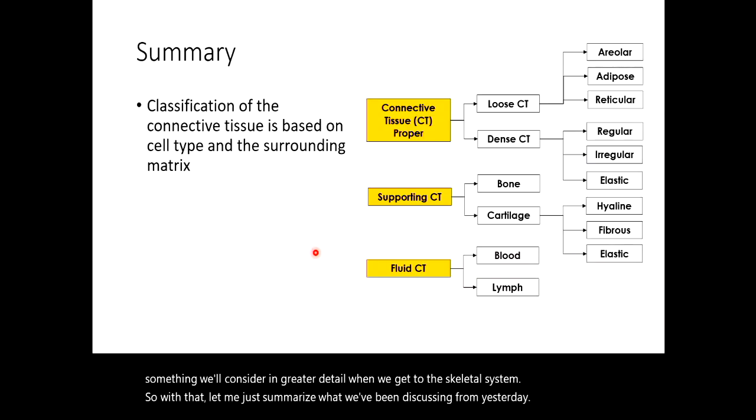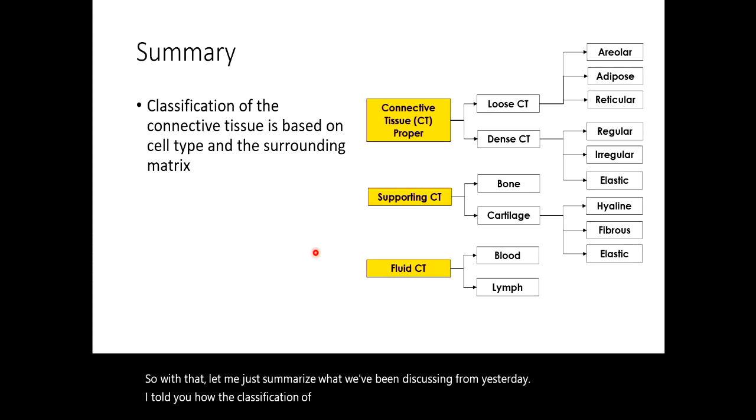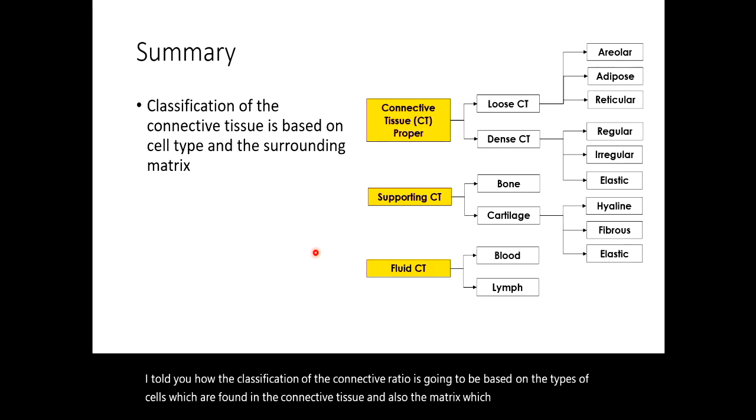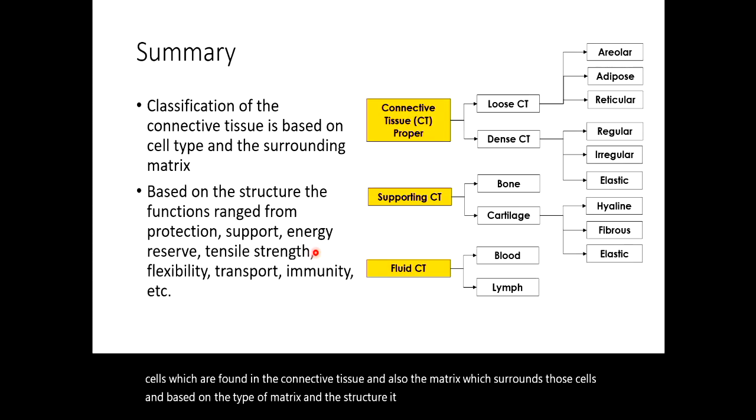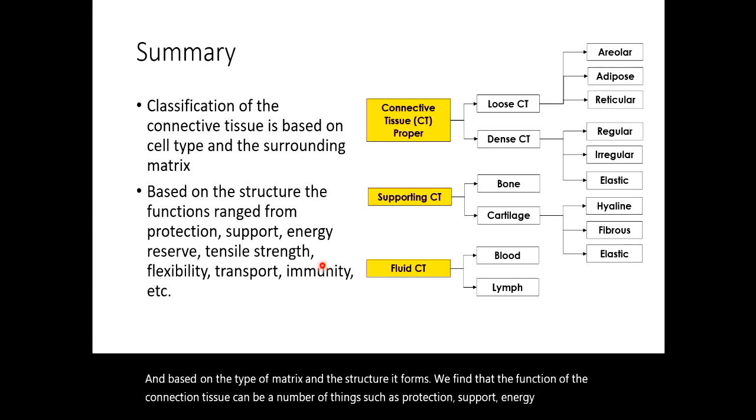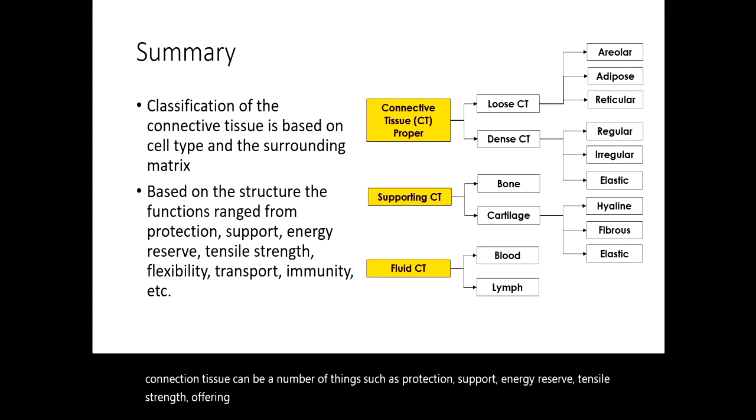I told you how the classification of the connective tissue is going to be based on the types of cells which are found in the connective tissue, and also the matrix which surrounds those cells. And based on the type of matrix and the structure it forms, we find that the function of the connective tissue can be a number of things, such as protection, support, energy reserve, tensile strength, offering immunity, transport, structural flexibility,